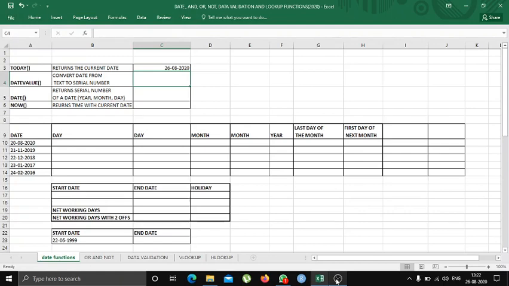Let's enter the function equal to DATEVALUE, open the bracket, enter the date manually, but for that you need to enter the date in inverted commas, 25 August 2020, close the inverted comma and close the bracket. With this, you will get to know the date value of your date. Date value is 44068.